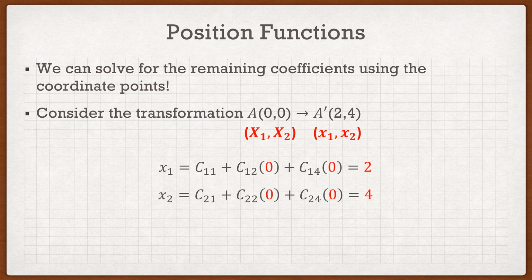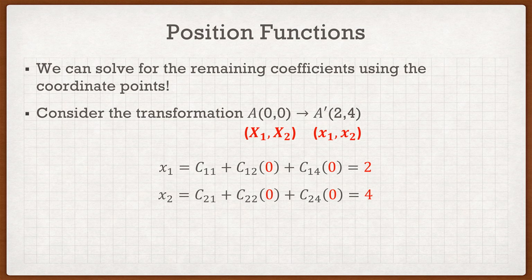So if I come down to my equation above, I know that x1 is equal to this: C11 plus C12, and then my next term would be big X1. But at the point A, 0, 0, big X1 is 0, and big X2 is also 0. And I know that this x1 at this particular point is going to be equal to 2. So I'm starting to see a relationship here. The same thing for x2: I have C21 plus C22 times big X1, which is 0, plus C24 times big X2, which is also 0. So I have two zeros there, and I know that this is equal to small x2, which in this case